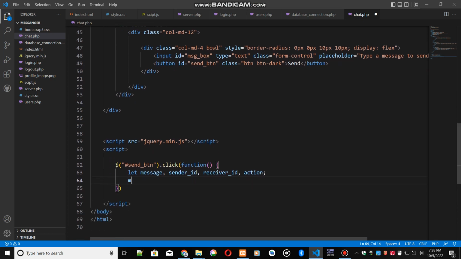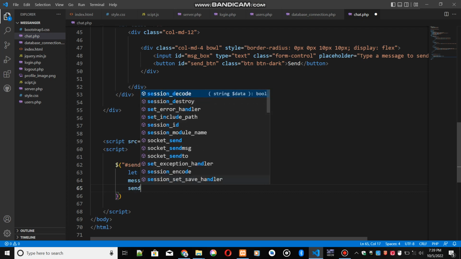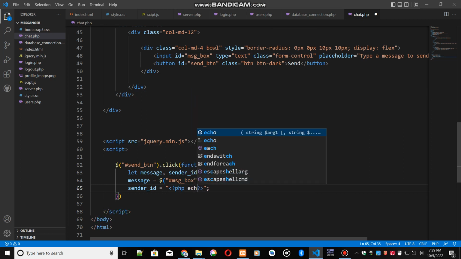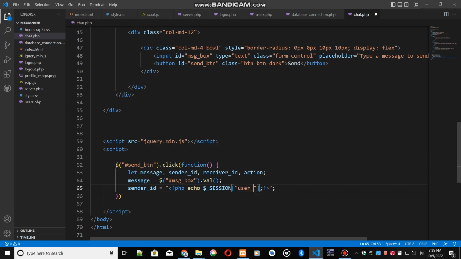So what you need to do is your message variable is going to be set to msg_box.value. So your sender ID, we are going to be using PHP to get this actually. So we are going to be storing our user ID here. So echo $_SESSION['user_ID']. Then for the receiver ID,